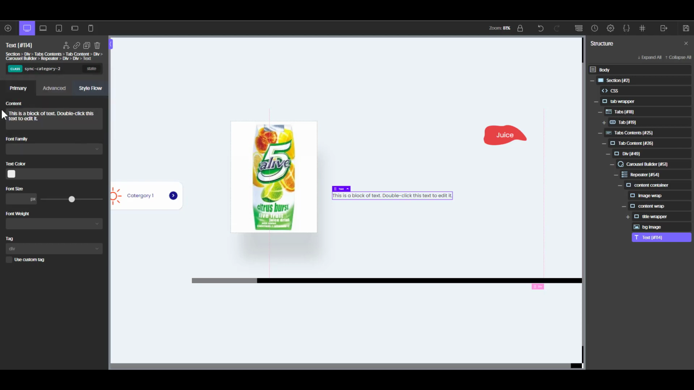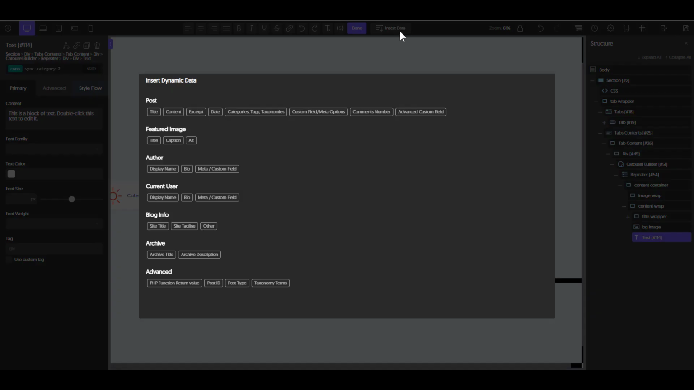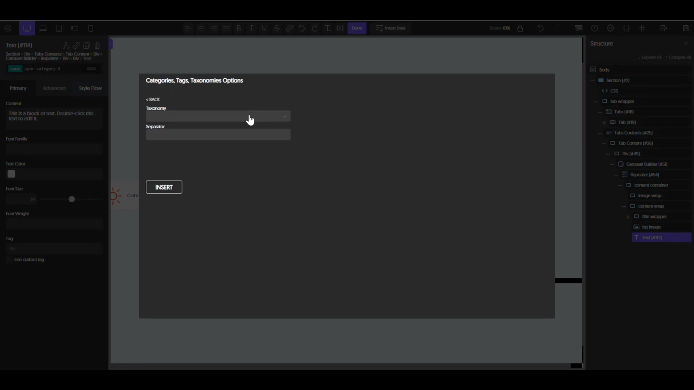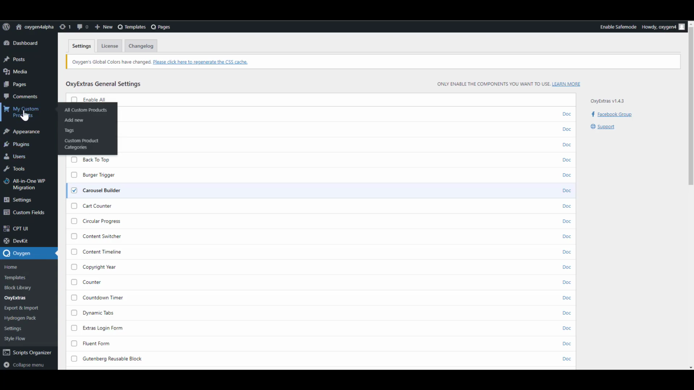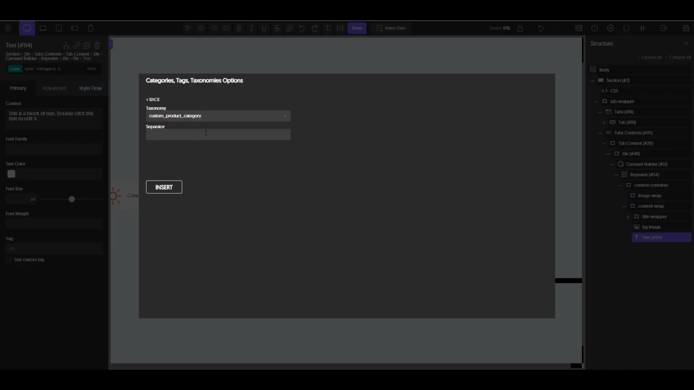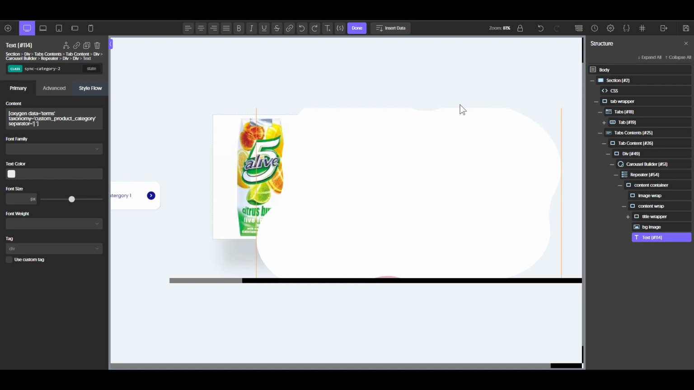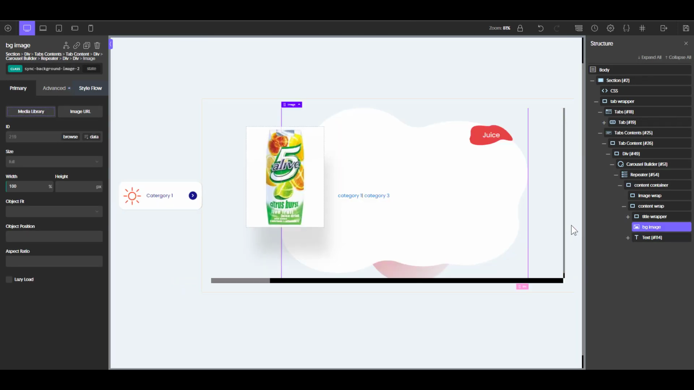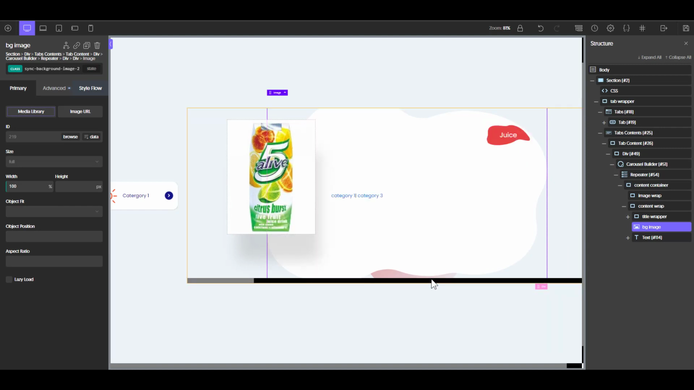What I will do here is to insert a dynamic data. So I'm going to insert a dynamic data, categories and taxonomy, and then I will choose that custom product category that we had here. So you can see custom product category. That is what I'm going to choose. And because in my own case I'm going to have maybe more than one, I'm just going to give it a divider, separator, so when it comes in you can have that. So I have my category 1, category